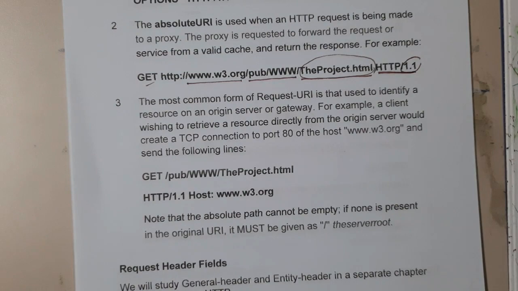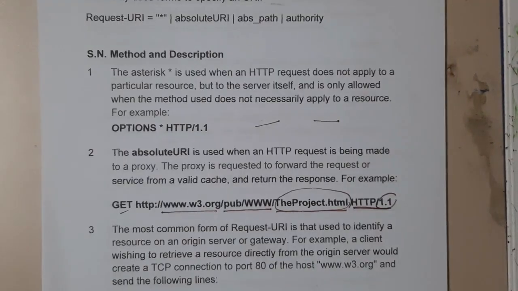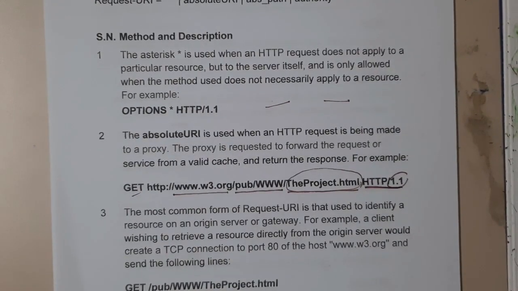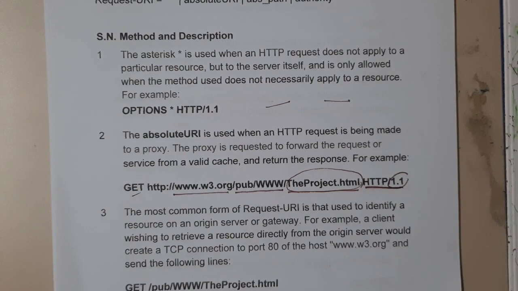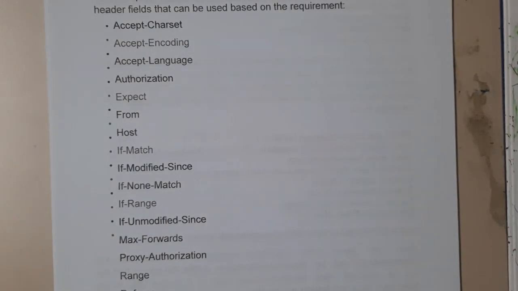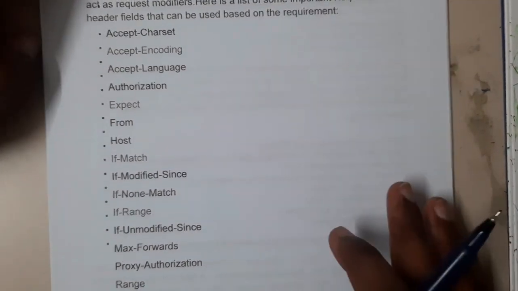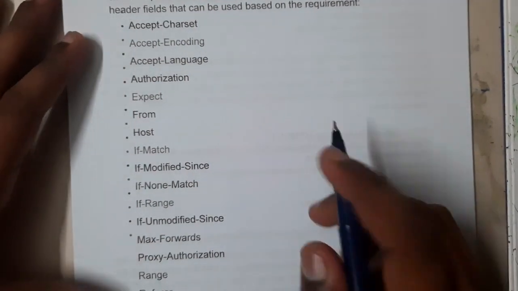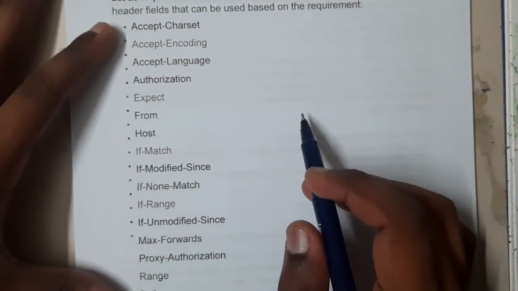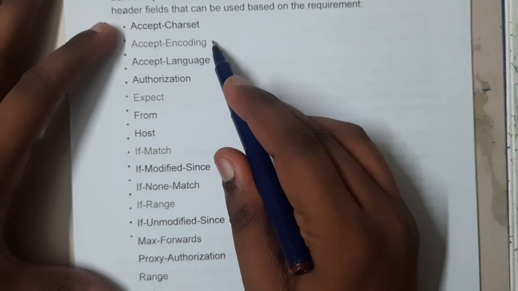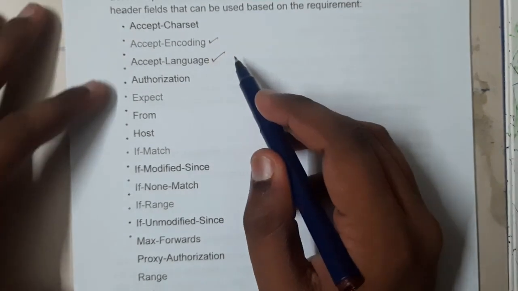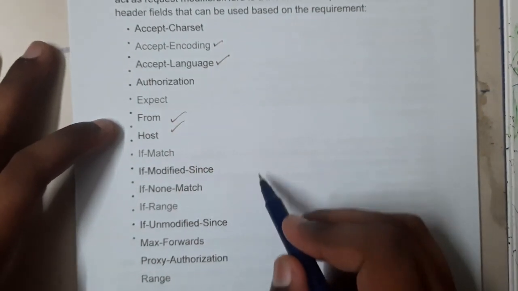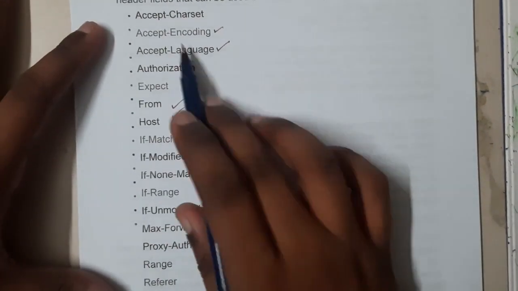Okay, so now you might be having a question: how does the header look? Guys, I think we did discuss the headers in one of our lectures, but let me repeat it, it's fine for me. The header will be having multiple fields, guys. These are all the popular fields, but only a few fields will be observed commonly: encoding, language, from, host, and these are some common things which we'll be observing.